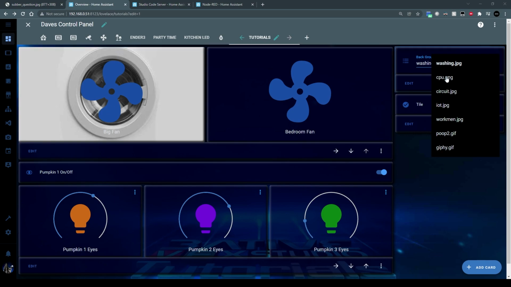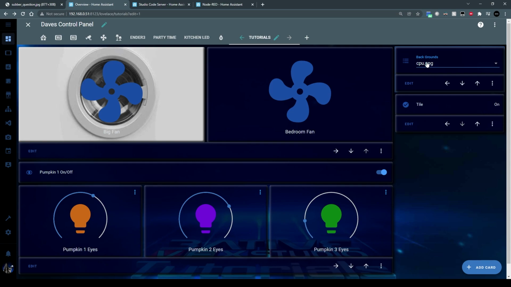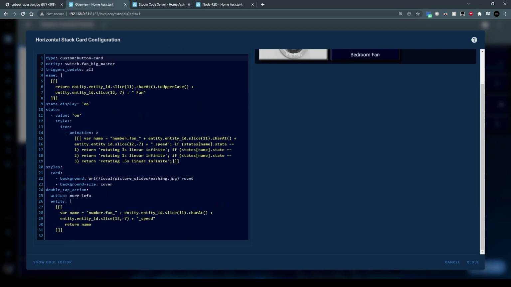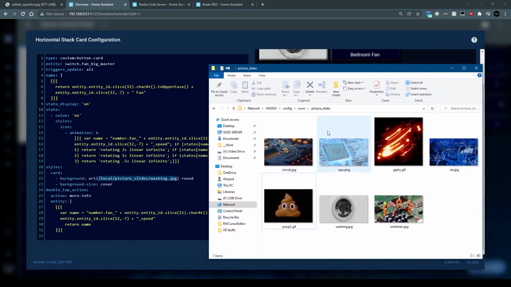So at the moment, that's not going to do anything because we haven't told the card to read this. But let's look at the card and have a look where the images are referenced. So in the card itself, in the button, this first one, we scroll down, and as I've shown in that previous tutorial, we add styles, then card, and then we're going to make a list because we need two items here. So the first one is background, and then we're going to use the URL. We use the full path and file name. So that's this thing here.